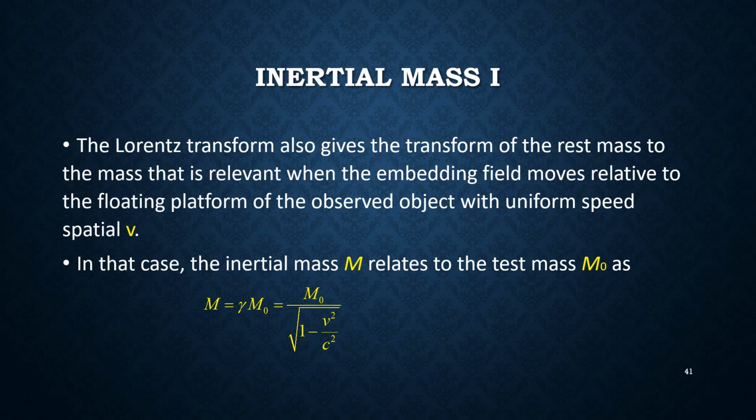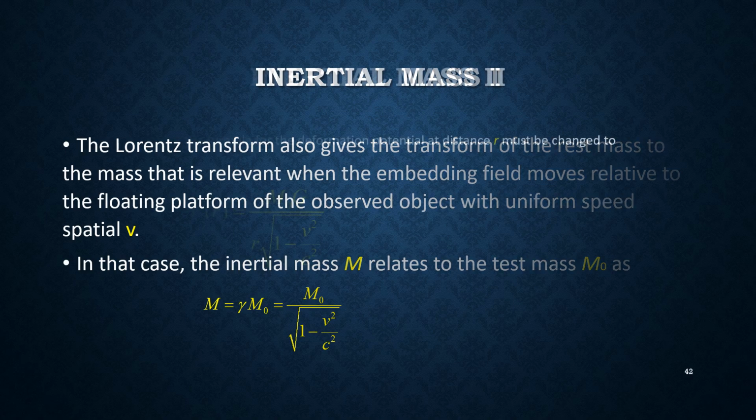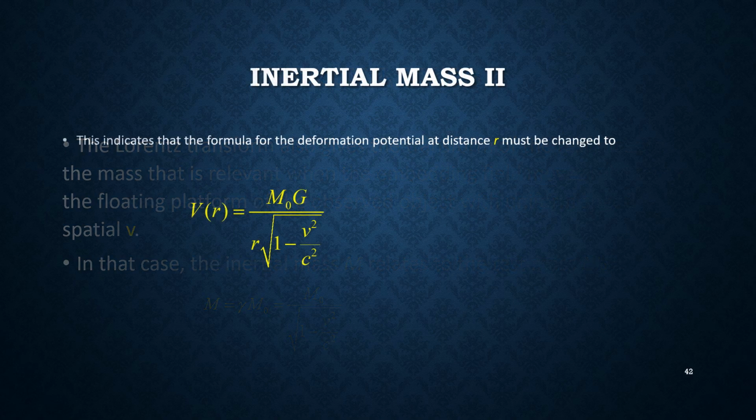The Lorentz transform also gives the transform of the rest mass to the mass that is relevant when the embedding field moves relative to the floating platform of the observed object with uniform spatial speed v. In that case, the inertial mass m relates to the test mass m0 as: this indicates that the formula for the deformation potential at distance r must be changed to: